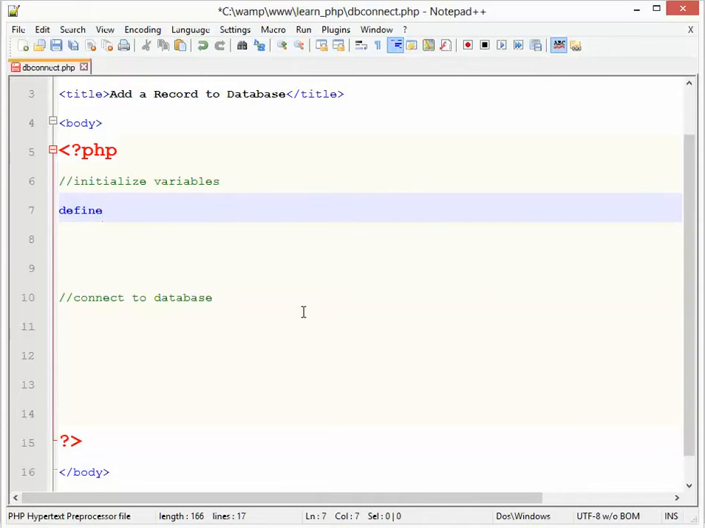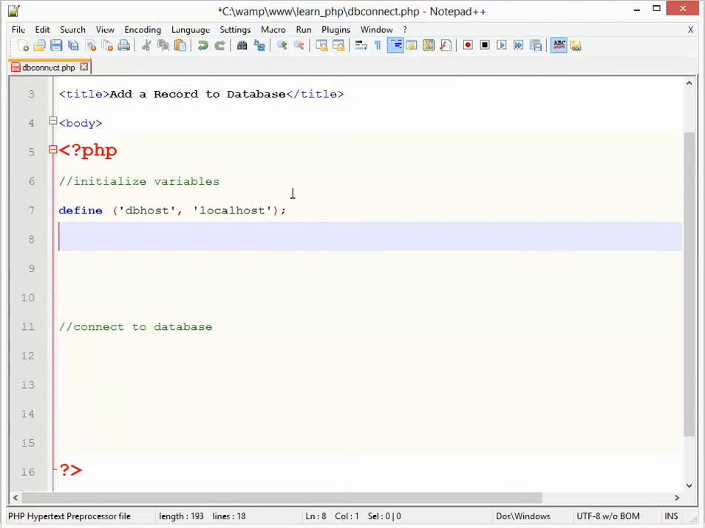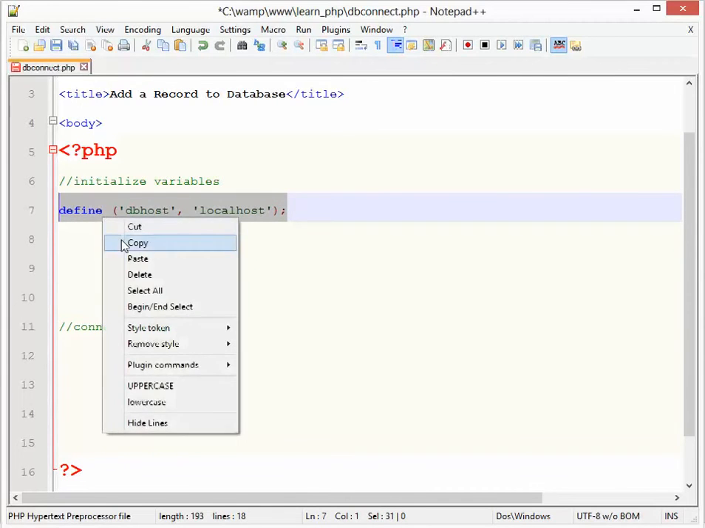We use the define keyword of PHP, and then enclose the name in quotation marks like this. No, we don't need the dollar symbol anymore. We just type our variable name without the dollar symbol, then a comma, and then we put the string value that we want to pass in single quotes like this. So we do it for all the login variables that we have to define in order to connect to